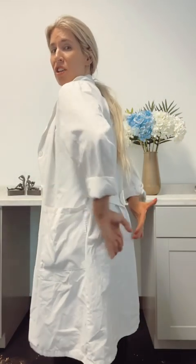Again, my hands are staying here. Lift, and then release. I feel tension under my fingers when I lift my posterior pelvic floor. Perfect. I also feel a little bit of radiation this way when I engage my posterior pelvic floor. It's your first step. Now we're going to add on, and what we're going to do is stop our pee,